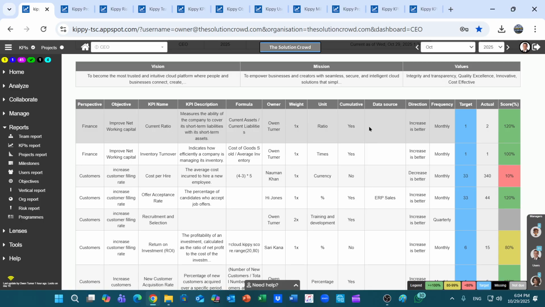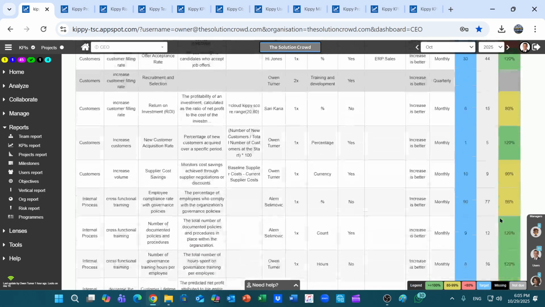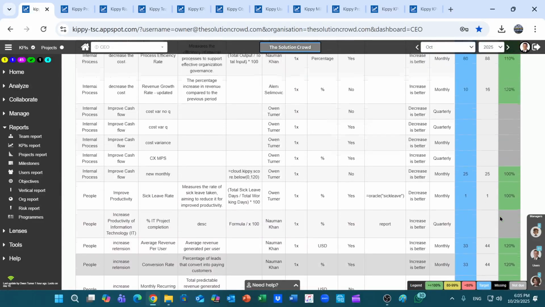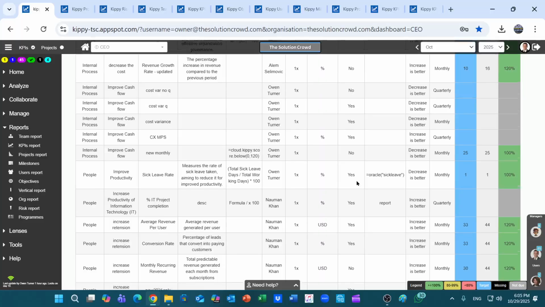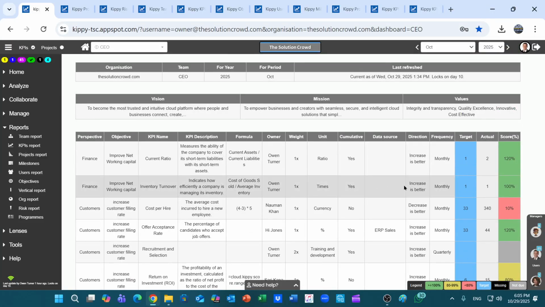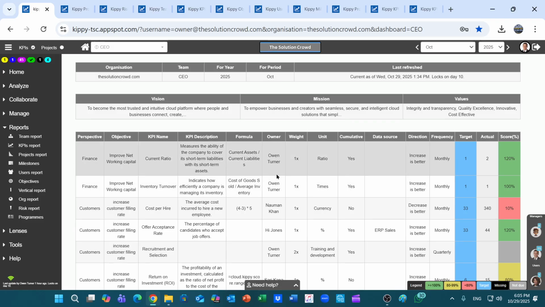As you can see here, we have green scores and sometimes we have gray scores. Okay, we don't have a black score because all the data that need to be there are there. So we are in a good shape overall data wise, completion wise, and then all the details of the KPI